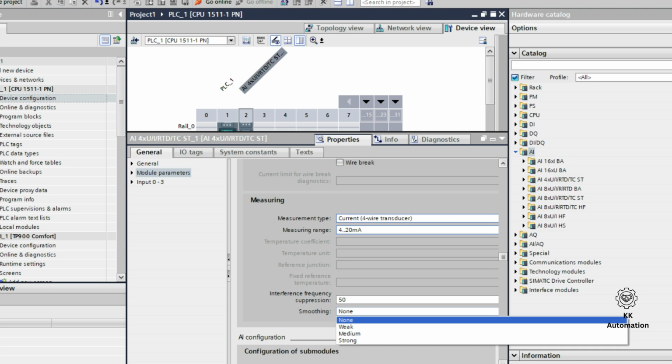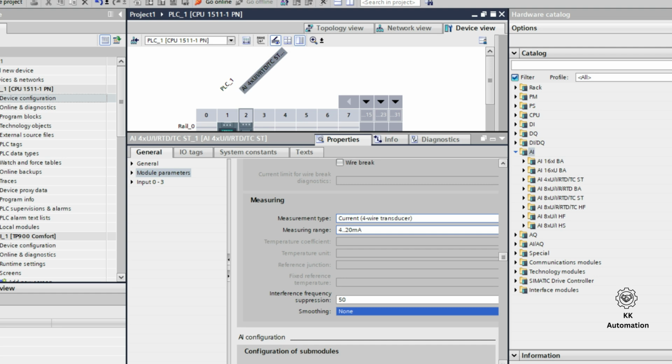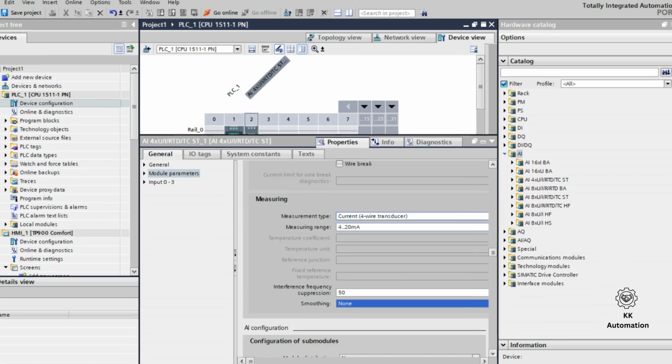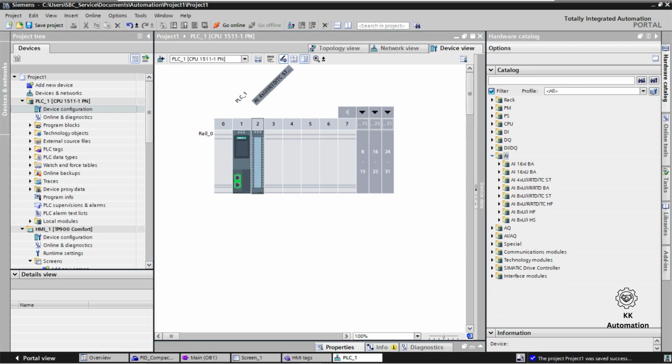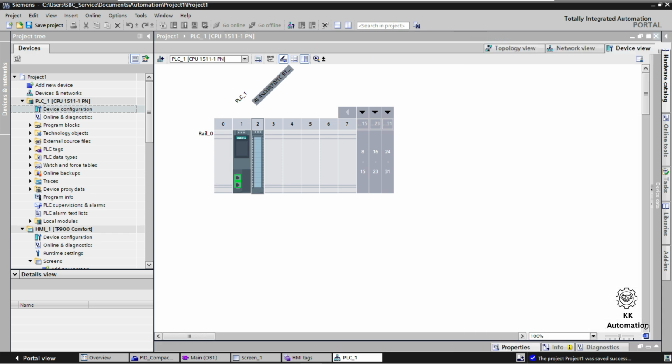Step 3, understanding the raw PLC value. Once you have configured the module, here is what actually happens inside the PLC. The analog input module takes the physical signal from the sensor and converts it into an integer value. The minimum value, which corresponds to 4 milliamps or 0 liters, becomes 0. The maximum value, which corresponds to 20 milliamps or 20 liters, becomes